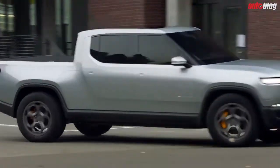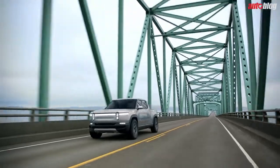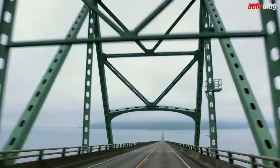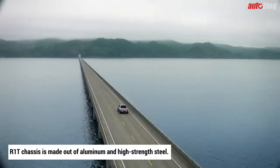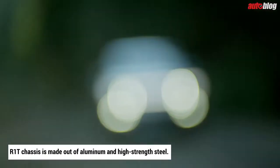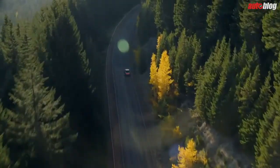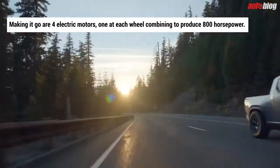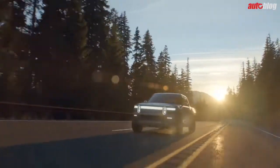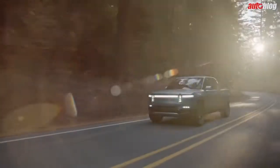Rivian spent years developing this electric vehicle-specific chassis to underpin all of its vehicles, which for now only include its truck and soon-to-be-revealed SUV. It's made out of aluminum and high-strength steel, and is capable of fitting the 180-kilowatt battery pack we mentioned earlier. Making it go are 4 electric motors, one at each wheel, combining to produce 800 horsepower. This allows for the extreme acceleration, but also for pretty sweet off-road capability, since Rivian can control torque